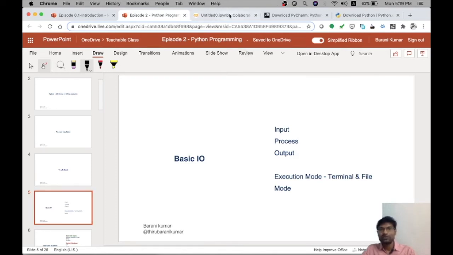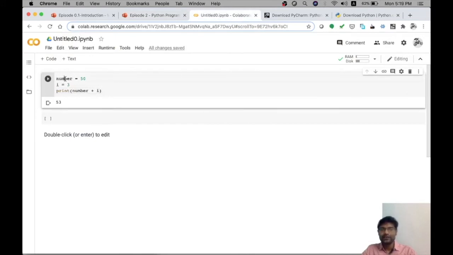What we saw, in this particular notebook, is that we created inputs by way of creating variables. The left side can be called a variable, or an identifier, to which we are assigning a numerical value. Once we assign that value, we can perform some operations on top of it. So this is input and process, and the output is using the print statement. Using print, we are producing the output. We are sending the output to an output system. Here print sends it to the display. So that forms the output part of this particular flow.